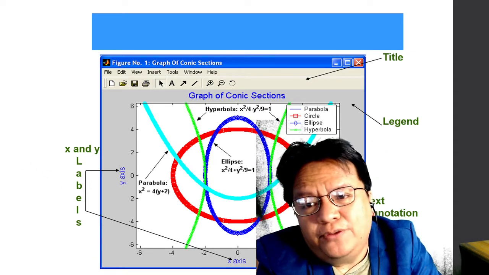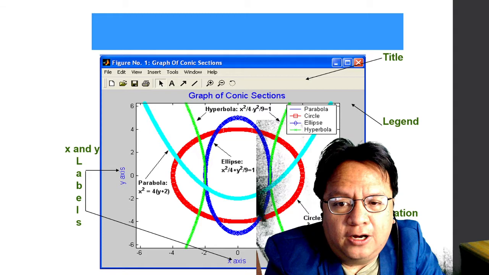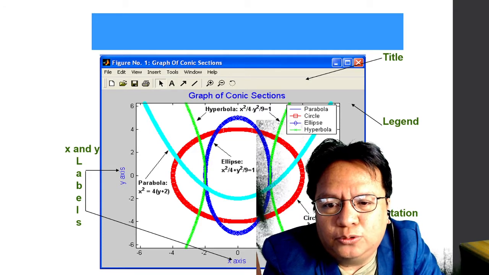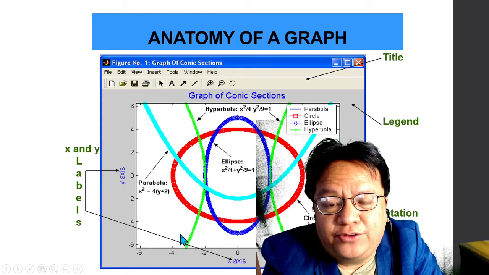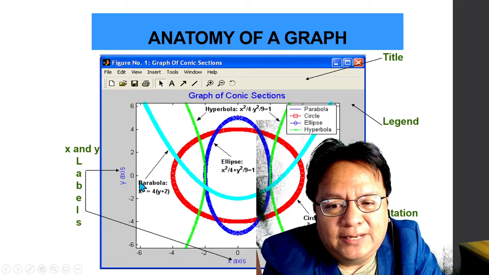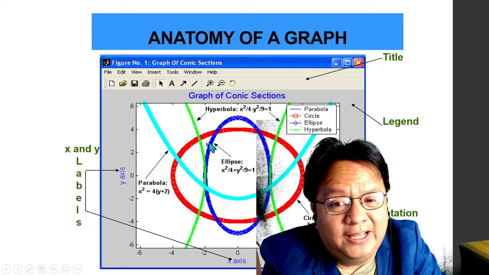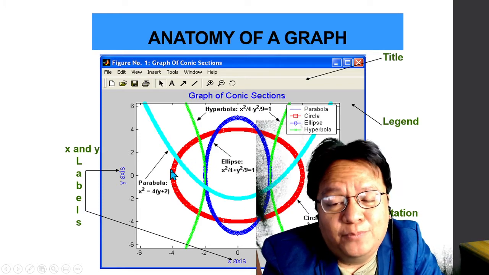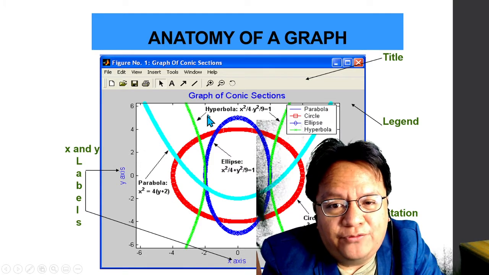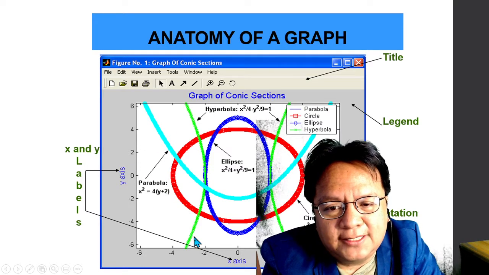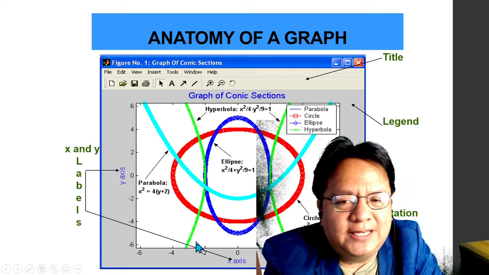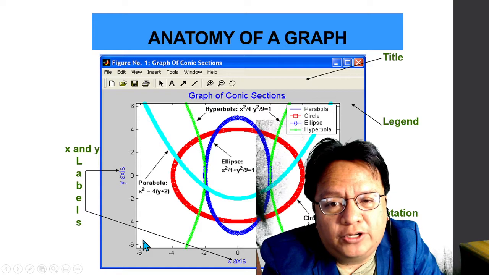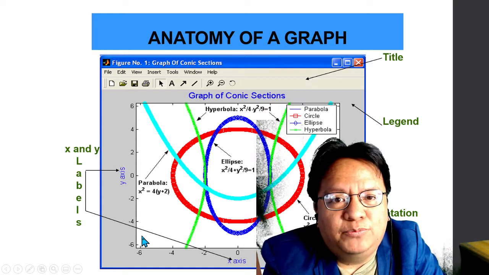One of the powers of MATLAB is its ability to sketch figures. It can graph ellipses, hyperbolas, parabolas, among others. It can provide labels for the y-axis and the x-axis. Basically, everything that you can work on with pen and paper, you can work on in MATLAB to visualize the